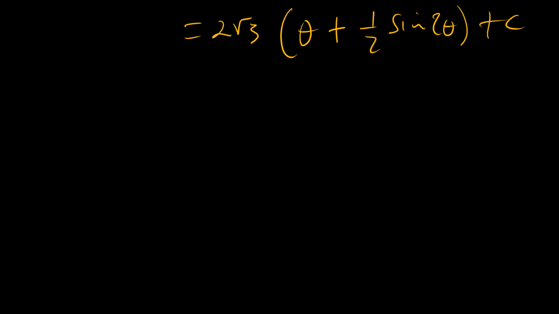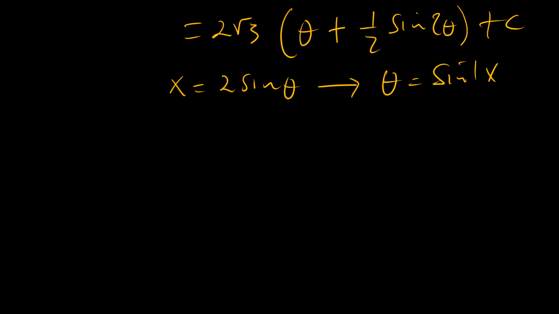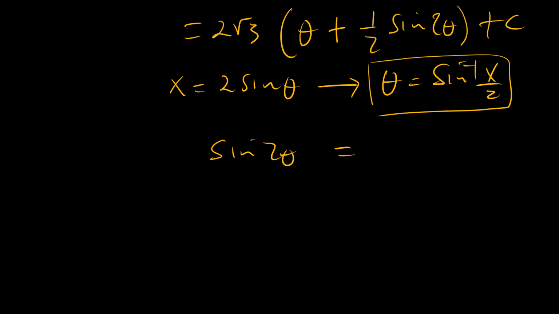So since our solution came down to 2 root 3 theta plus a half sine 2 theta plus c, and we found that x is equal to 2 sine theta, which means that theta is equal to arc sine of x over 2, right? And also we found that sine 2 theta is the same as x times the square root of 4 minus x squared over 2. So rather, our interesting problem,